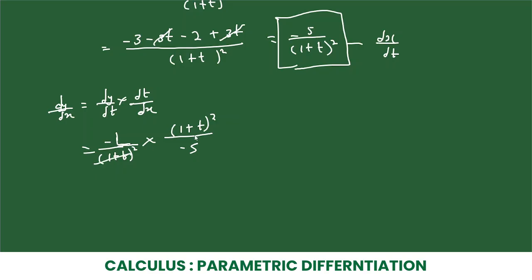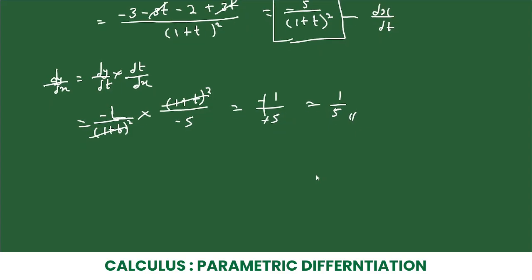So this will cancel this, and then we are going to have our answer to be equal to minus 1 over minus 5. So this is going to cancel this, and then we are going to have our dy over dx to be 1 on 5. So this is our answer. This is how